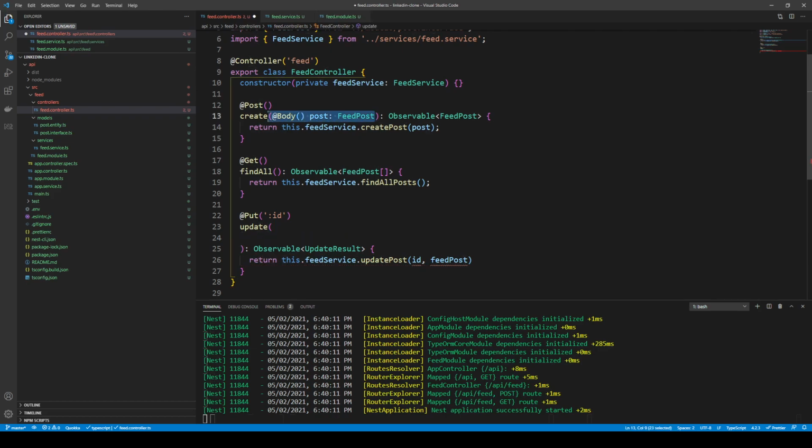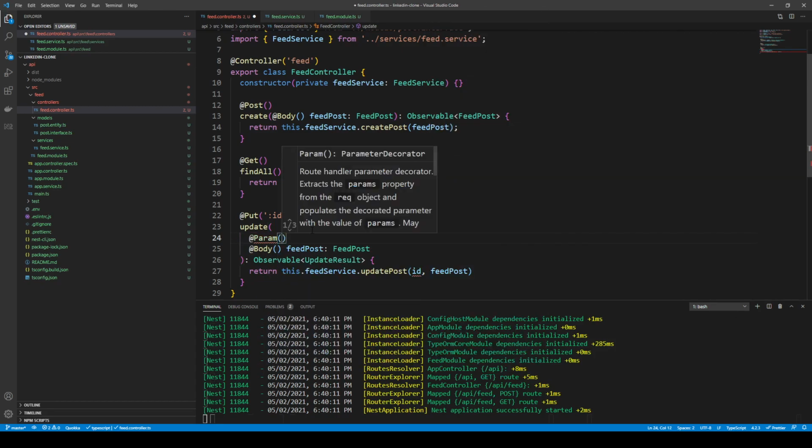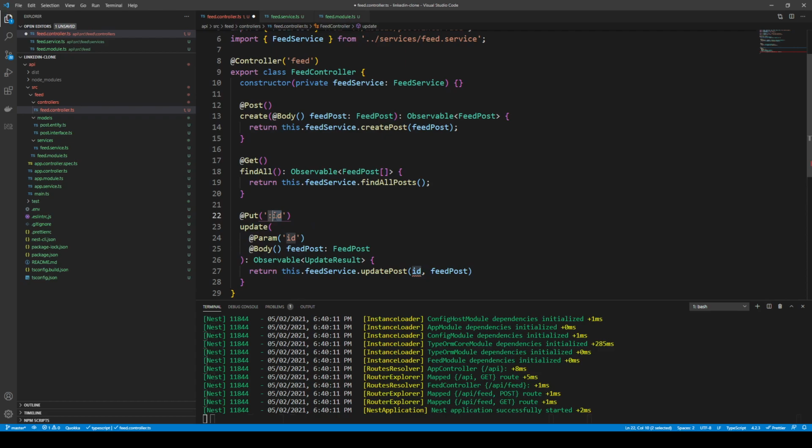Let's just copy that. One thing I noted while I was looking at that is I call this variable post instead of feed post. Usually I have this as a lowercase version of that, but it doesn't really matter. Actually, I will go ahead and change that to feed post. And we need the ID as well, so we can actually get this from the param. So there's this other decorator here, and we get it from the param ID, which we've essentially labeled this as the variable ID,